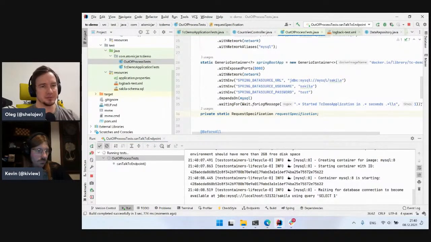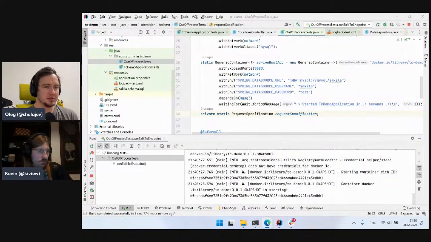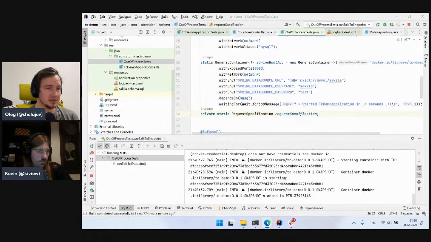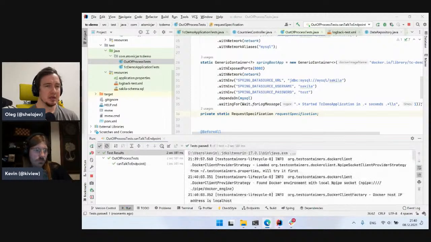Well, we manually specify what it means, but this is a very convenient argument. And there are a number of different waiting strategies available, right? So you can query some ports maybe and get some requests back, or you can read the logs like we do here. But this is something to be sure of, specifically when you're using generic container to package some applications,